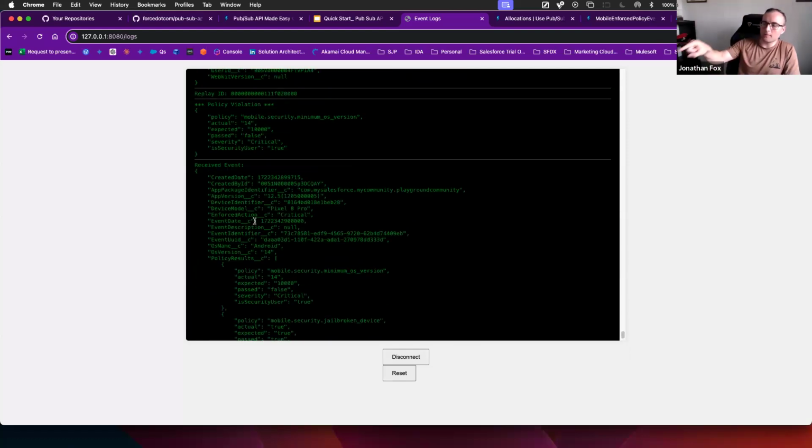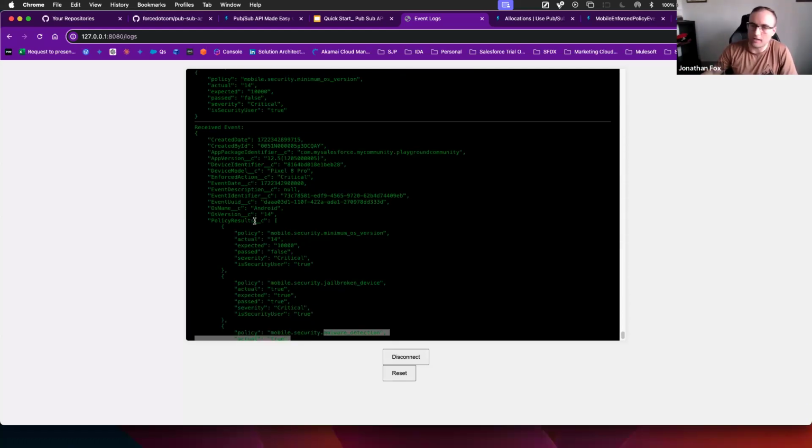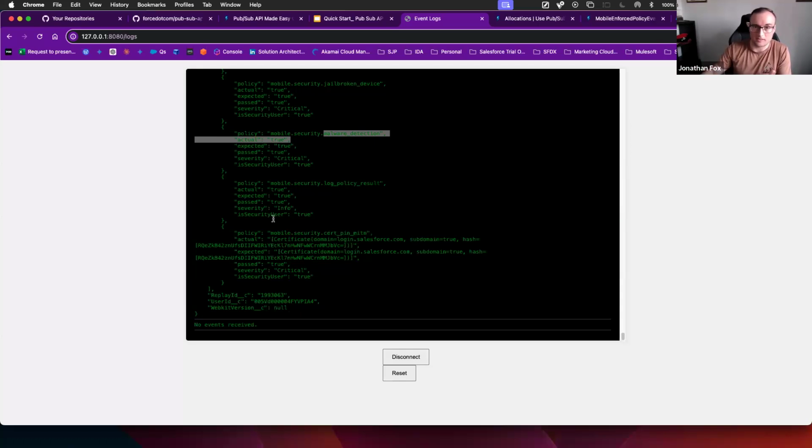And in order for my Python app to get me that raw JSON payload, I needed to get the schema from the PubSub API for that particular event. I needed to get the topic, so I could get the topic ID, and I use the topic ID in the Python app to get the schema. When I subscribe using the PubSub API to this stream, I get it in that binary format and I try and decode it. I need a schema to decode it against. That's the schema that I decode it against.